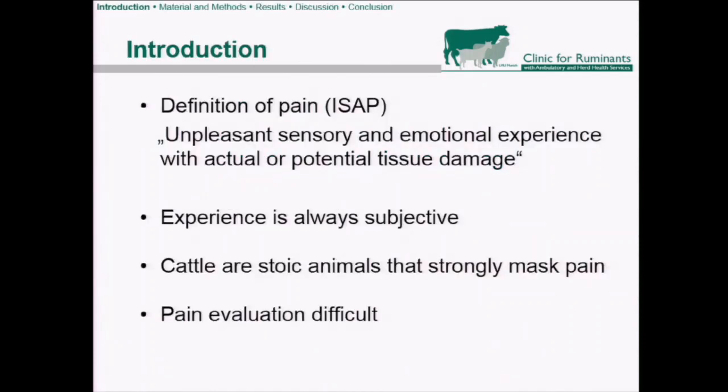So this is a study about pain. One of the first things we need to ask ourselves is, what is pain? Pain, by definition, is an unpleasant sensory and emotional experience with an actual or a potential tissue damage. The problem with pain, in humans as well as in animals, is that it is always experienced subjectively, and cattle are very stoic animals that strongly master pain, so the pain evaluation in cattle is more difficult than in other